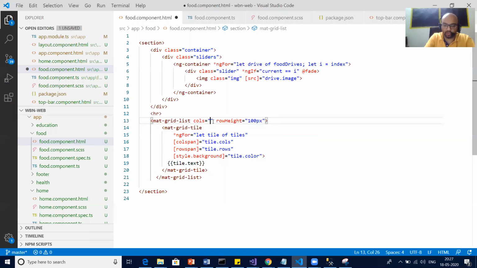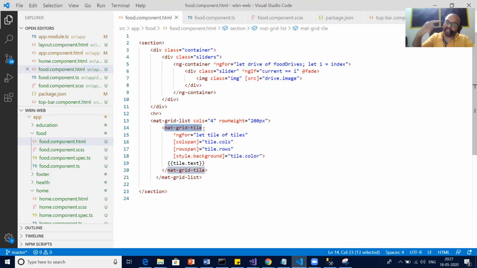As of now, let's say 4 column, for example. Then we change and I'll show you what is the effect of it. So 4 columns. And then row height is 100 pixel, means we need to give the proper height. The row height should be 100 pixel, not more than that. You can increase to 200. The more height you give, the larger your gallery will be.